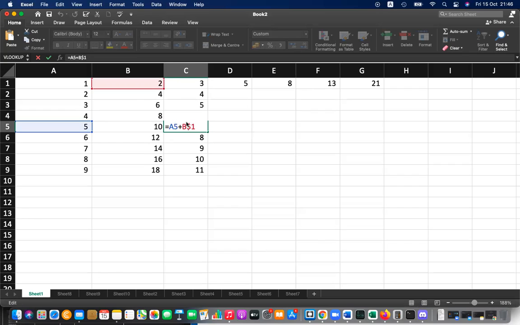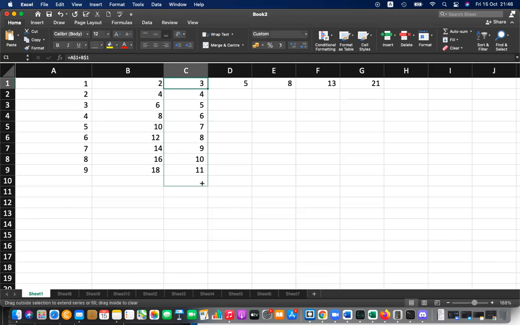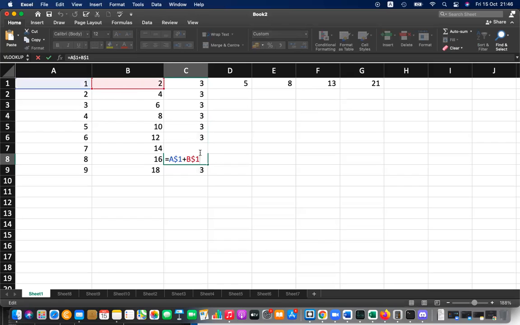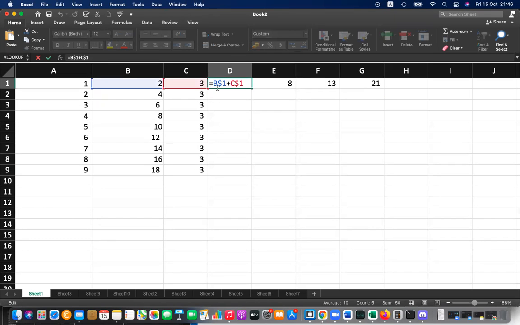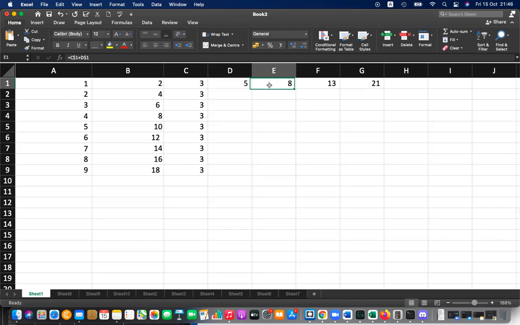If you want to make static both numbers, you can say A $1, B $1. Then both numbers are not changing. You always get 3 as the answer. A $1, B $1. Nothing changes. But if you drag this direction, it will change, because those are letters, no? B $1, C $1, C $1, D $1, D $1, E $1.